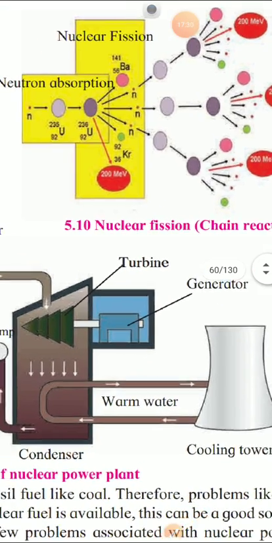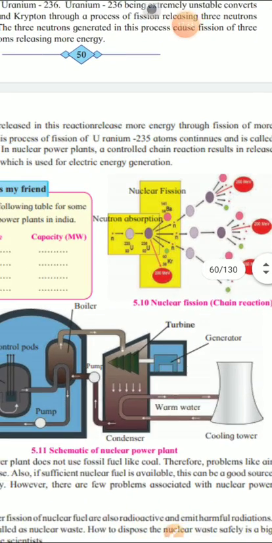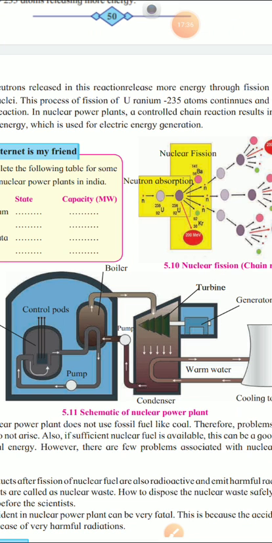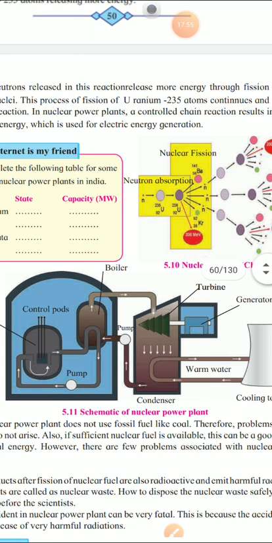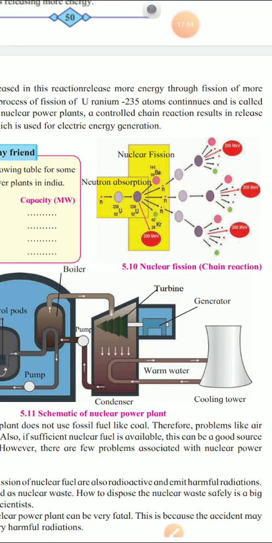This is a chain reaction, or we may call it nuclear fission. Now let us come to this power plant. Let me see this power plant. Here you can see the structure of this power plant. So first here the control rod is there, then through the pump it goes to the boiler, then to the condenser, then the warm water reaches the cooling tower, and here the turbine is shown. That turbine, due to the steam, moves the magnet of the generator. So this way the full process takes place.